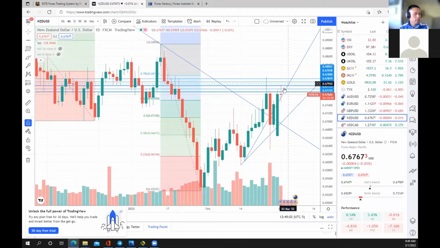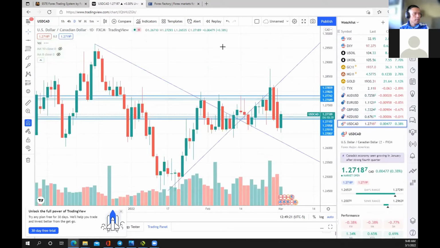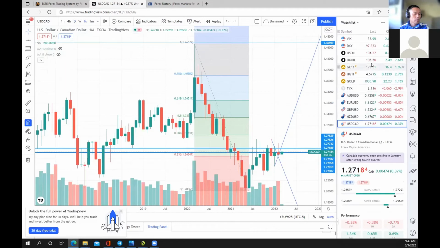Daily time frame, same thing. Back to supply, it's very similar to its counterparts. Aussie and the Kiwi are the strongest out of the whole lot, so basically pushed up from yesterday's news as well. And looking at the dollar CAD, because of oil being so strong, that's what's holding the dollar against the CAD